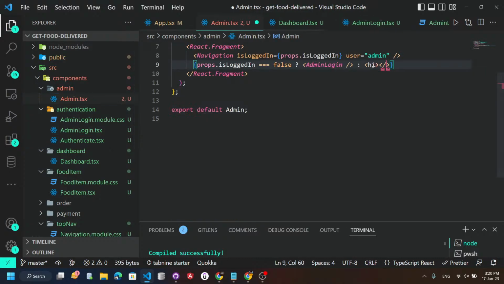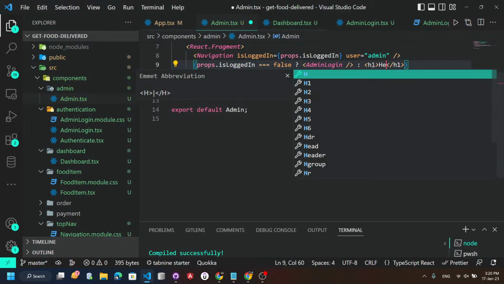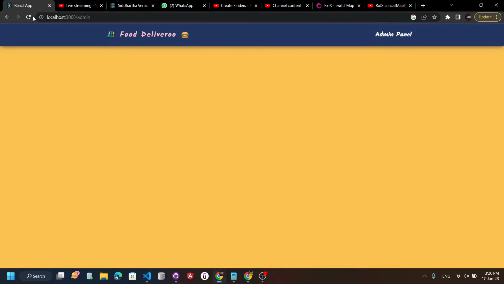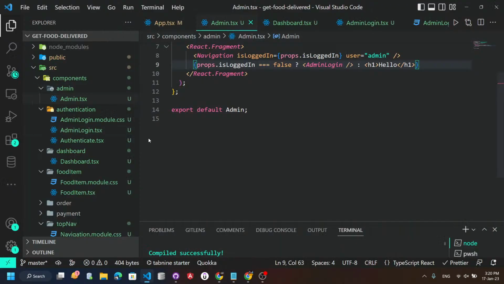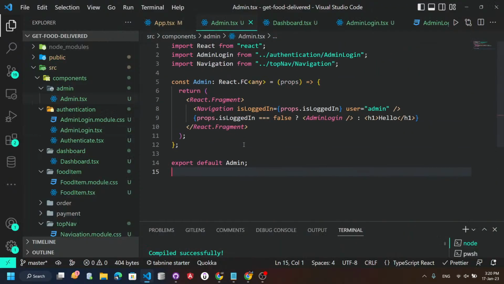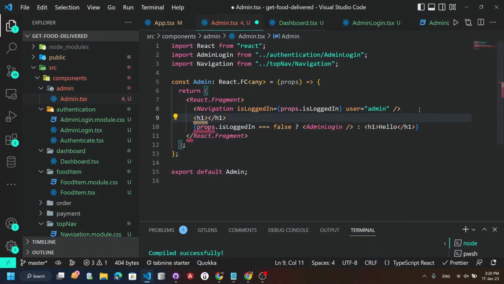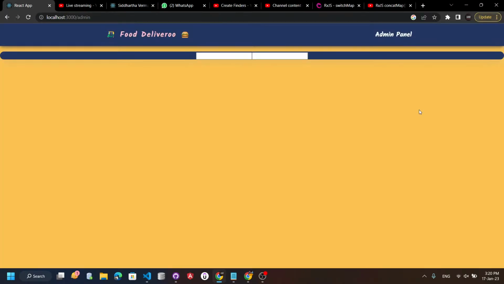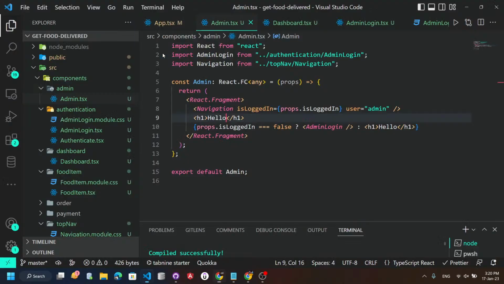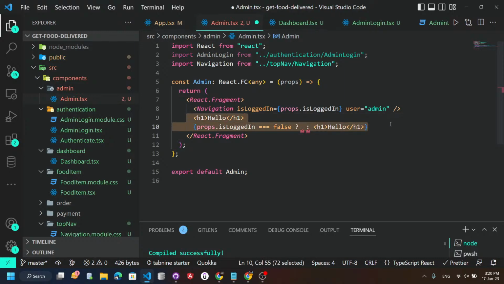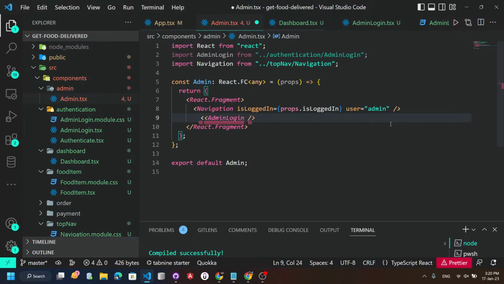Let me place one h1. Hello. Okay, so let me just check this. Okay, we have this. Let me try to put over here. Hello. Okay, okay, got it. I was doing it a bit wrong. तो यहाँ पे मेरा admin login आ गया